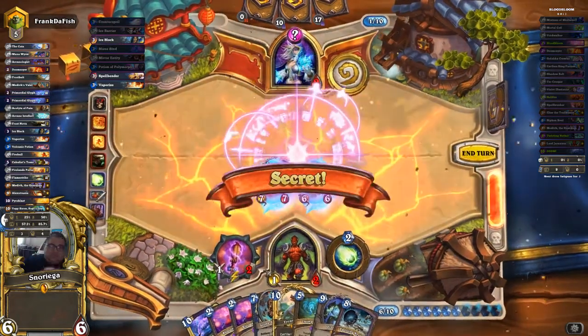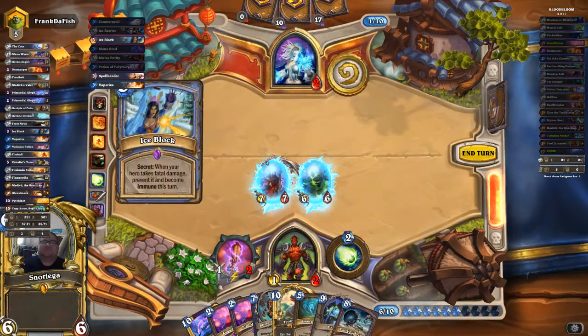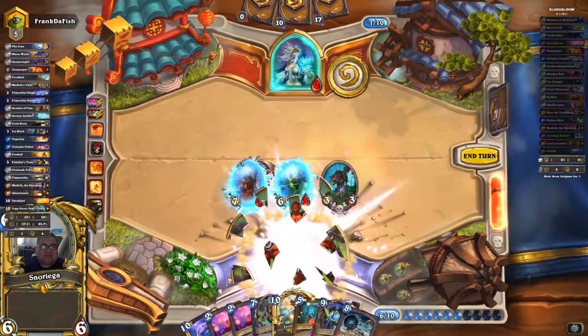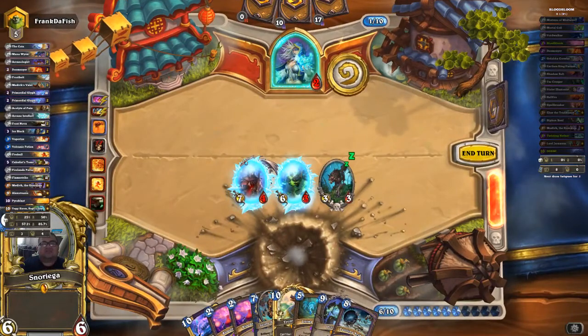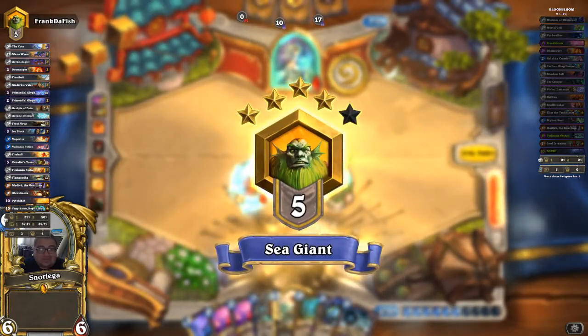I lost. So I'm dead no matter what that turn. Oh gosh, what a mistake, guys. See, if I had gotten rid of the Ice Block that previous turn, I would have won this game. And this is what I'm saying. A small lapse in judgment cost me the game. And to be fair,